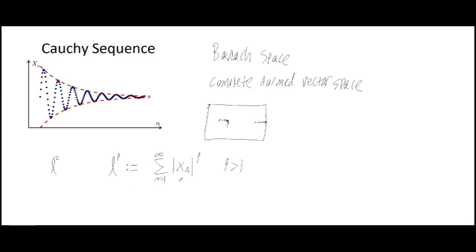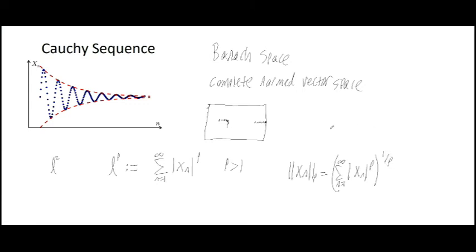And so these are Banach spaces, these sort of scripty Lp spaces like this, and they have the norm that is x_n. We'll put a p there. So the sum from n equals 1 to infinity of |x_n|^p, and then all this